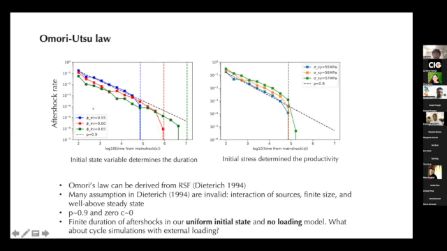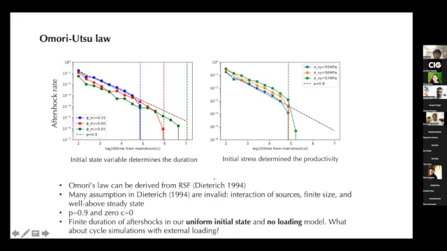The left panel is showing the effect of the initial state variable, and the right panel is showing the effect of initial stress. The initial state variable seems to affect the duration of the aftershocks, and initial stress seems to affect the productivity of aftershocks. Actually, it's not surprising to get Omori's law, because we are using a rate and state friction law, and